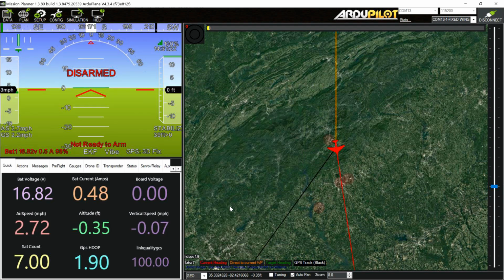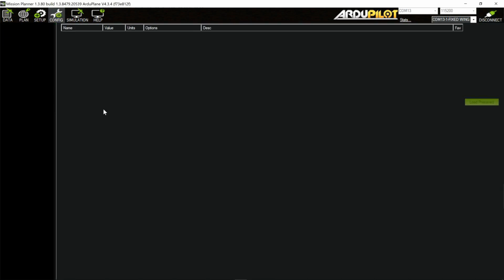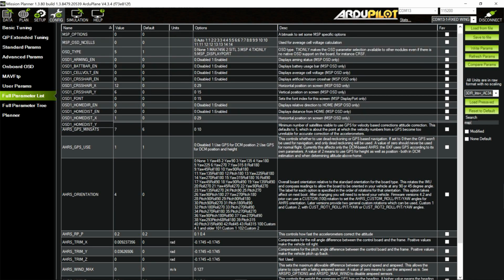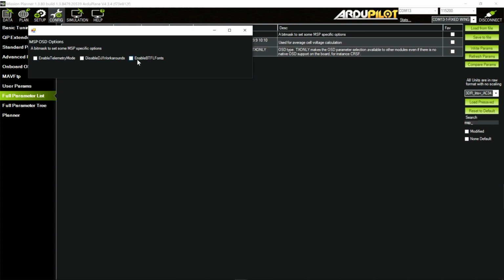So I went back through all of this and I decided that the video I had followed for the setup of all this was old. And this MSP options right here, enable Betaflight fonts, was causing the trouble. I set this back to all